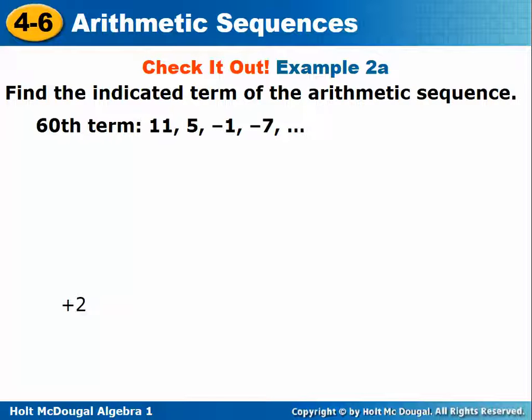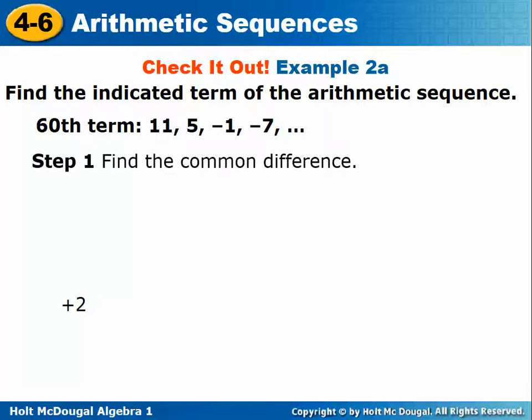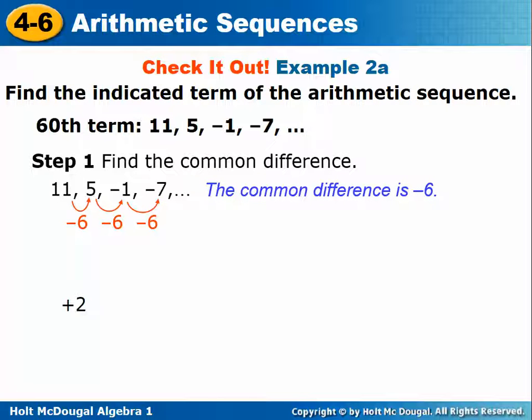Okay, here's just another example. This time they're giving us the sequence, and this time we'll have to figure out what the common difference is because they don't tell us. So it looks like the common difference is -6, so that's our D. We also can tell that A is equal to